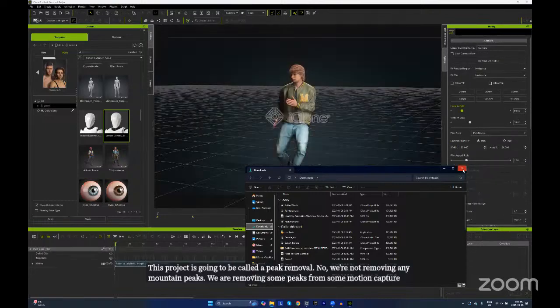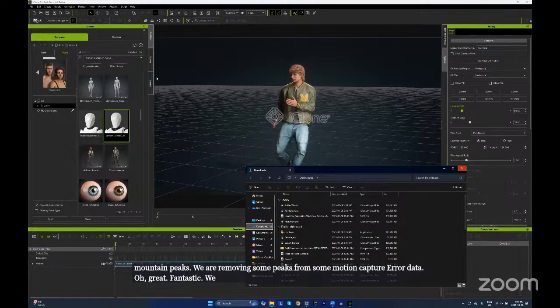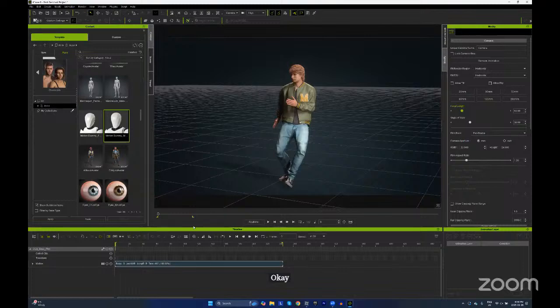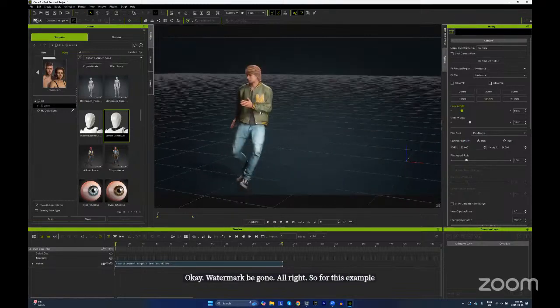Oh, great. Fantastic. We get a watermark there. All right, let's just activate purchased items. Okay. Watermark be gone. All right, so for this example here, it's going to take a trained eye to see this,